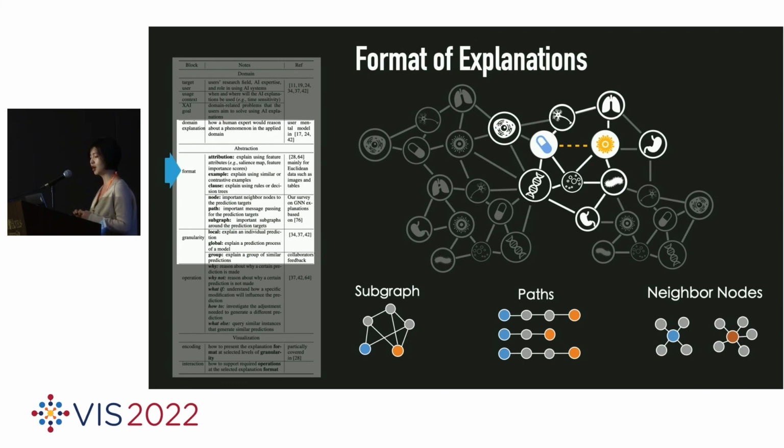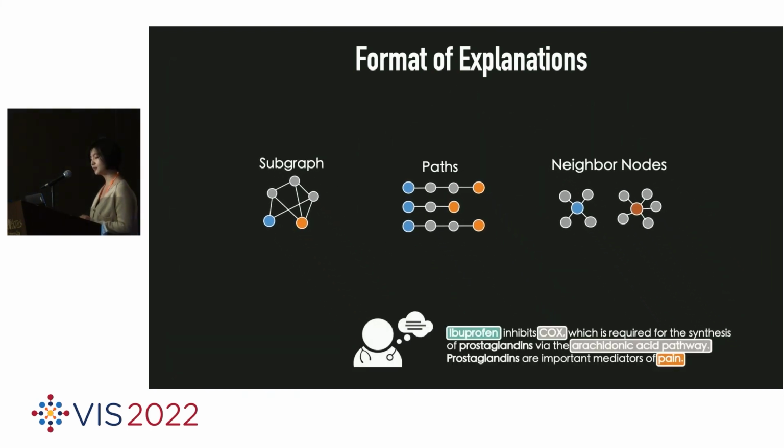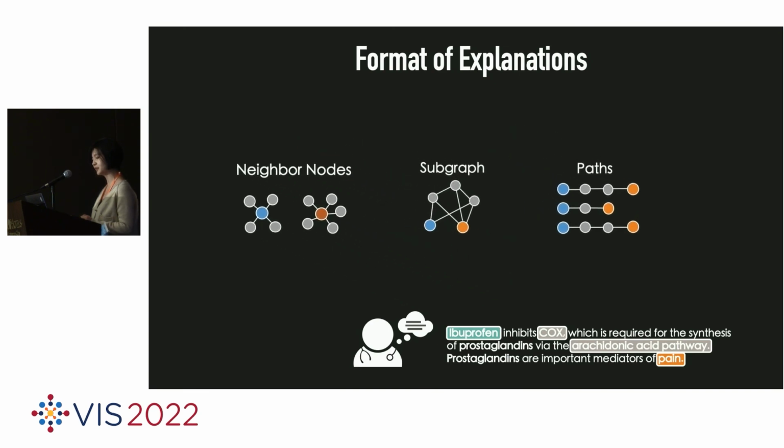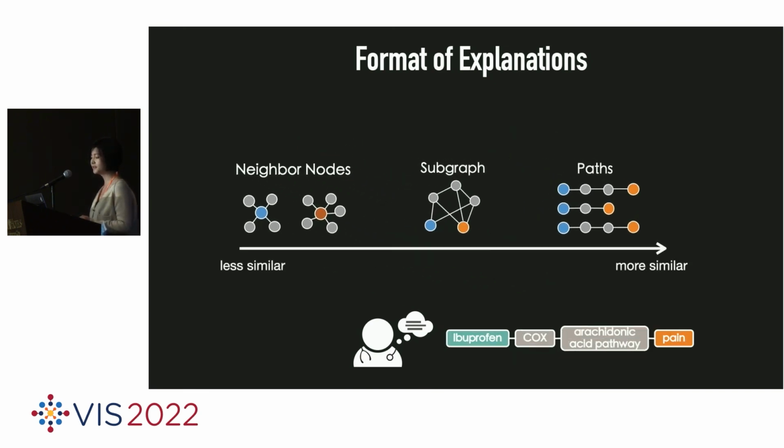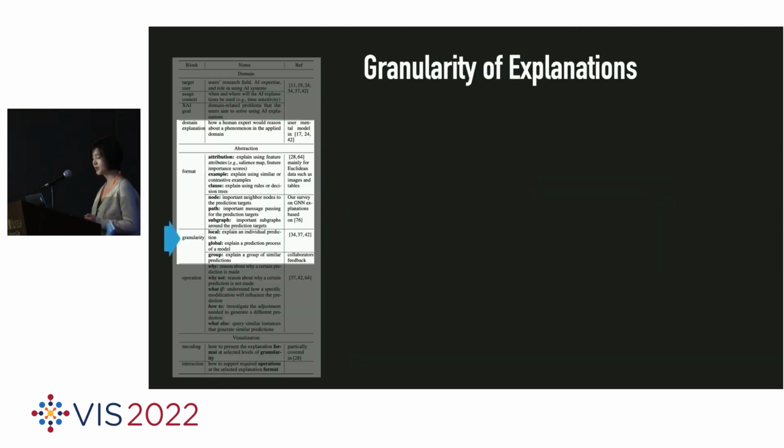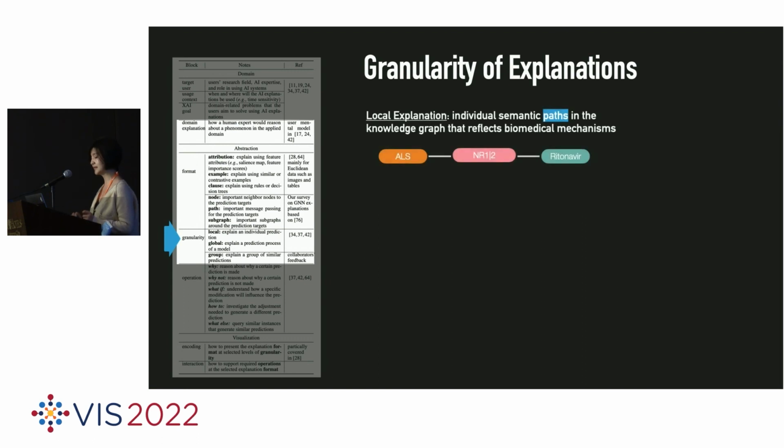Through a survey of current gene explanations, we identify three common visual presentations of gene explanation: graph-based, path-based, and node-based. By comparing them to how human experts reason about a drug indication, we identify that path-based explanations are more similar to the domain explanation. In terms of the granularity of explanations, users desire not only local explanation, that is, an